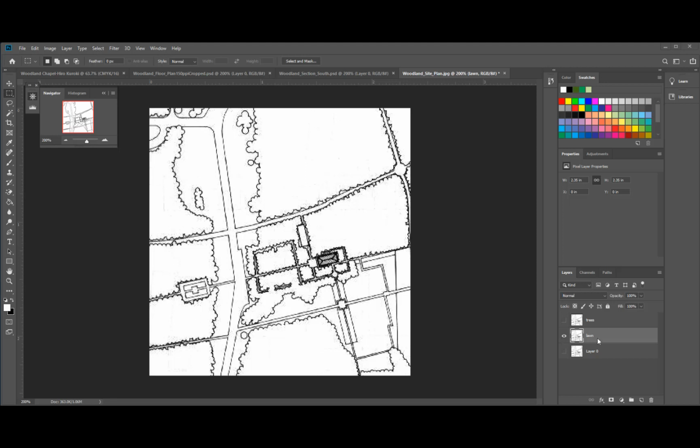Okay, so now that we have the lawn layer, we're going to manipulate this thing a little bit. So what I'm going to do is to try to color up this lawn area. Actually, let's go with the tree area first. So make your trees visible, turn off your lawn, highlight the trees, and let's select a color after we go